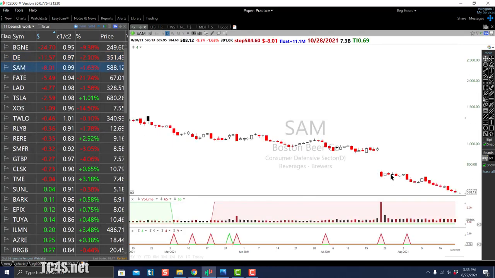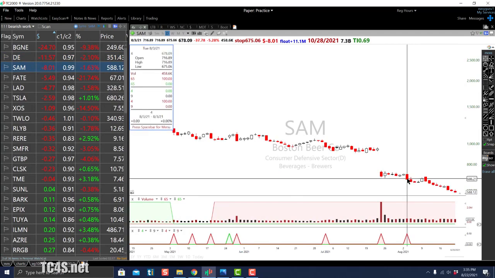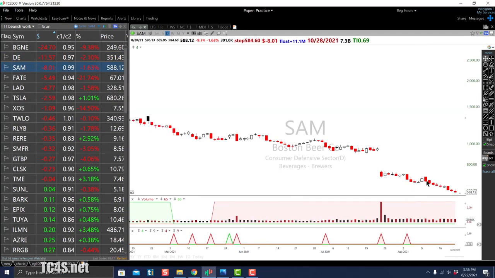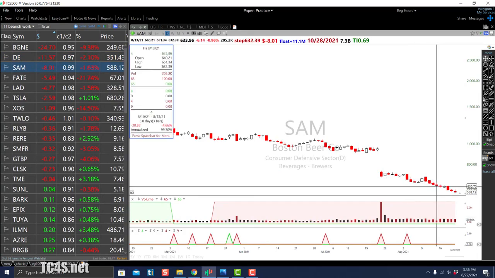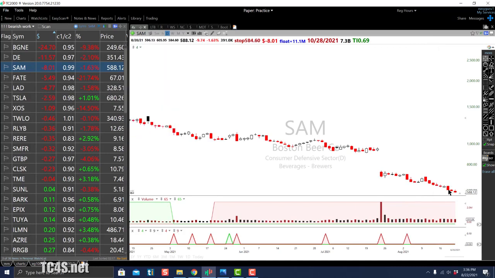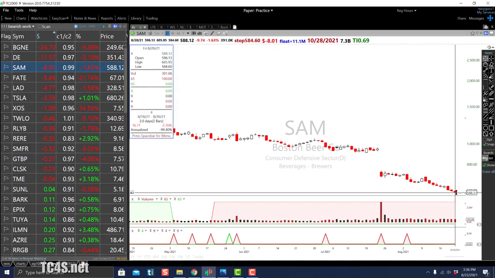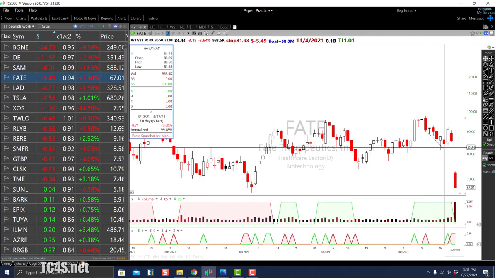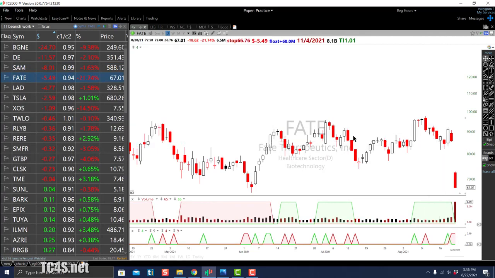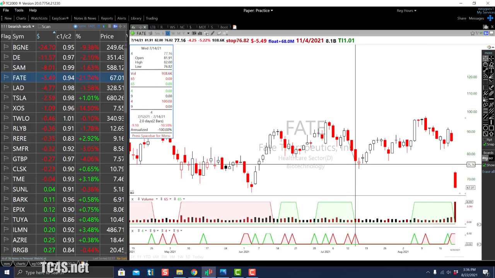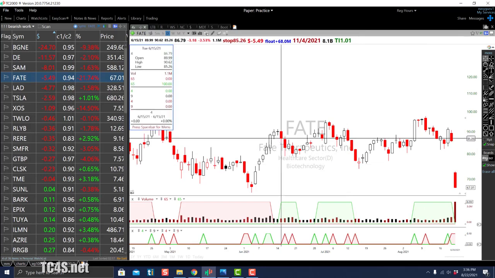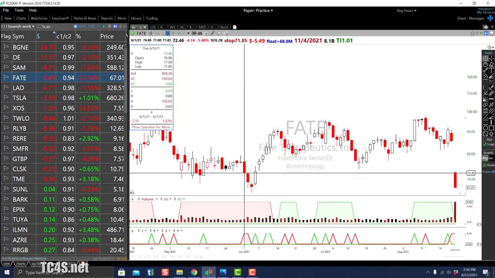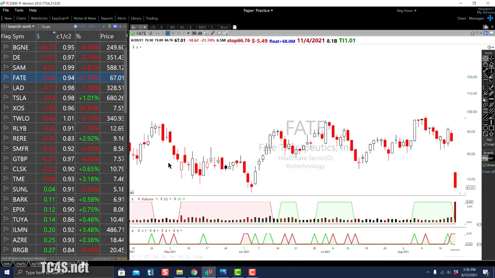Same way here, if you see, there's a dollar breakdown. After that, it is down $24. Dollar breakdown from there in 3 to 5 days, $30. Here, dollar breakdown in just 2 days, $16. If you look at this one, a 4% breakdown in 3 to 4 days, the stock is down 8-9%. Again, dollar breakdown and the stock is down 10%. Dollar breakdown, the stock is down 7%. Dollar breakdown in 2 days, the stock is down 9%.